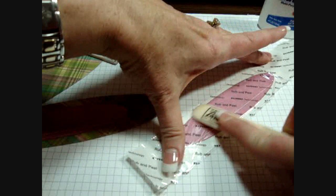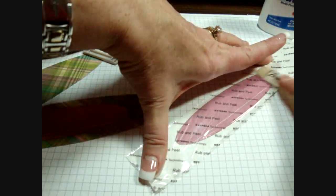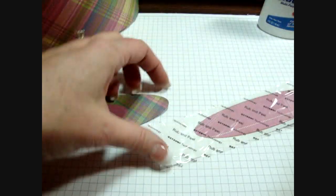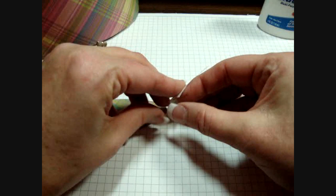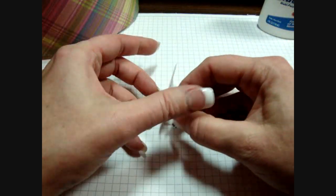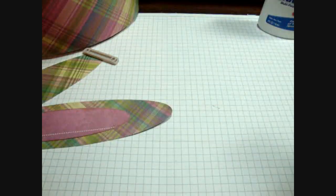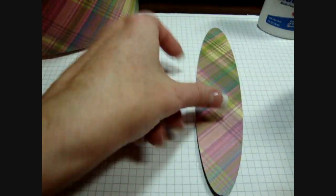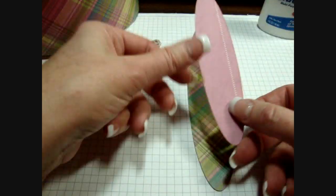Or you can use your ATG gun or mono adhesive, but make sure that you get some adhesive as close to the edge of this inside ear part as you can, because with the curvature of the handle on these ears, if you don't, your edges are going to pop up, and so it looks much nicer if you're really careful about that. So now I'm going to adhere that,